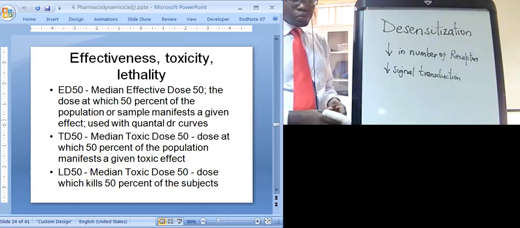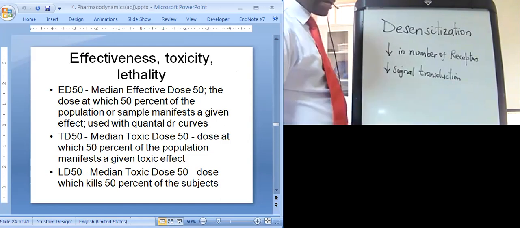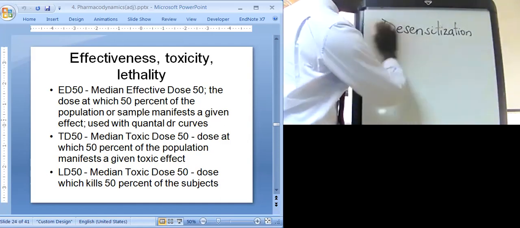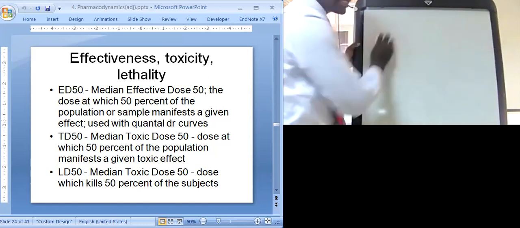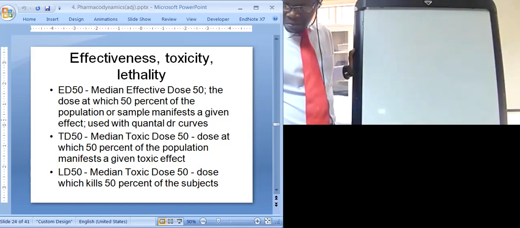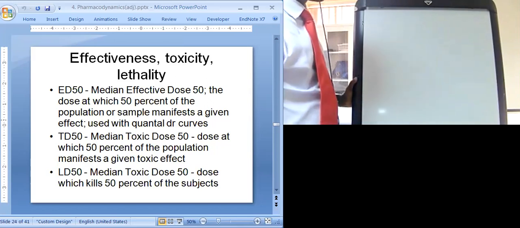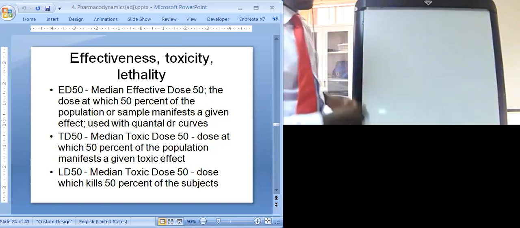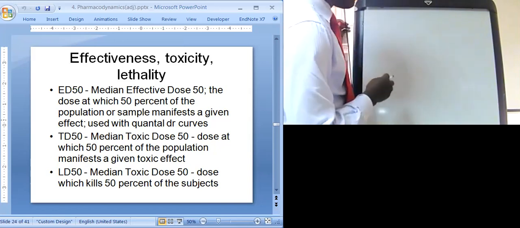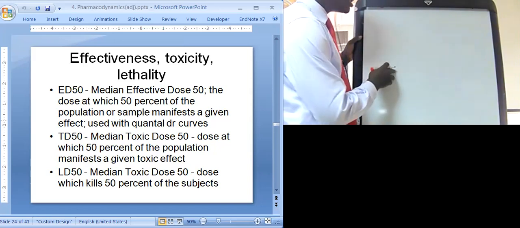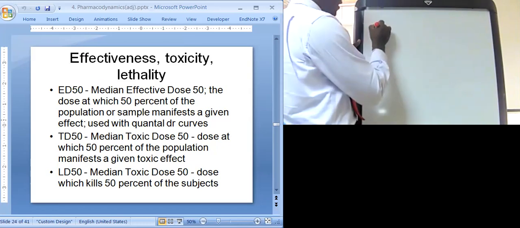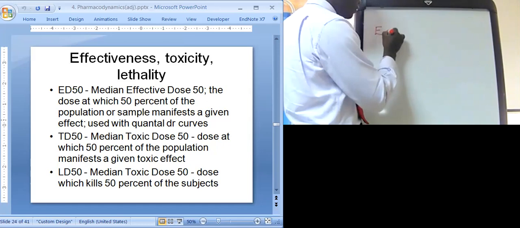Now, for any drug to be put on the market, lab studies are done on individuals, and also probably on rats, so that we determine what is the effective